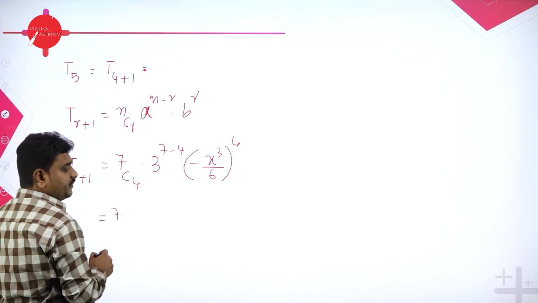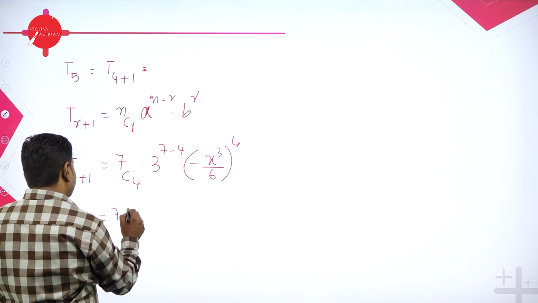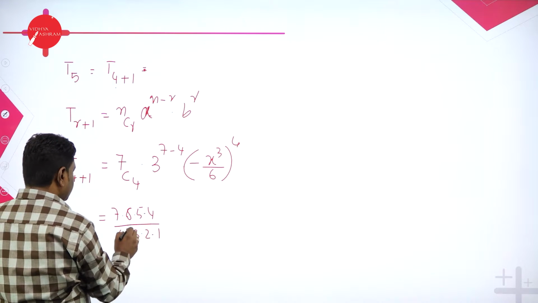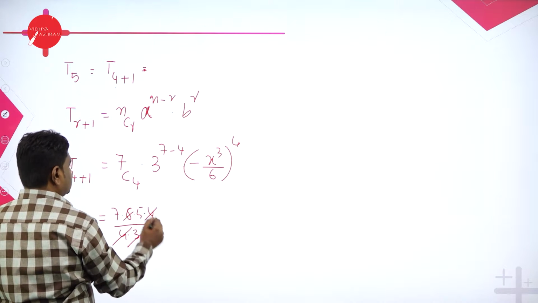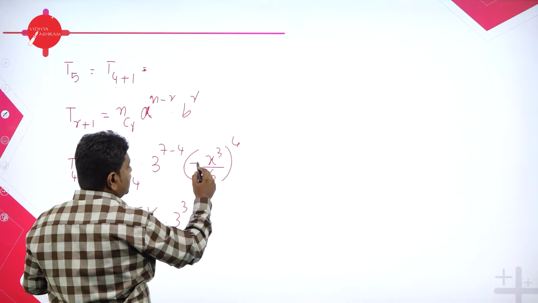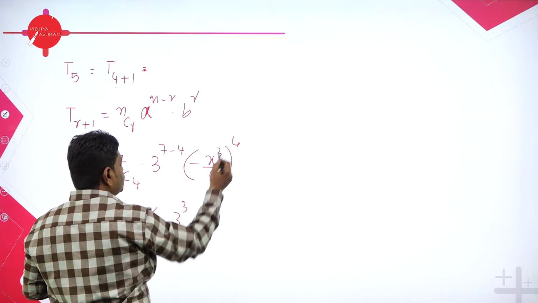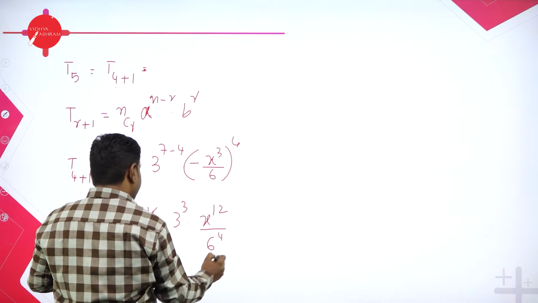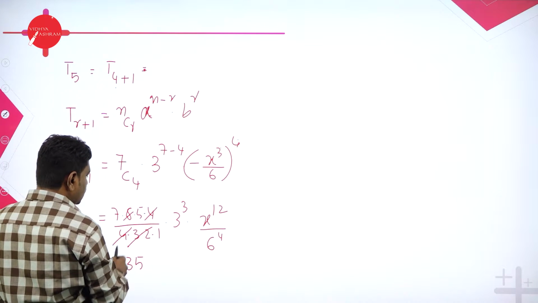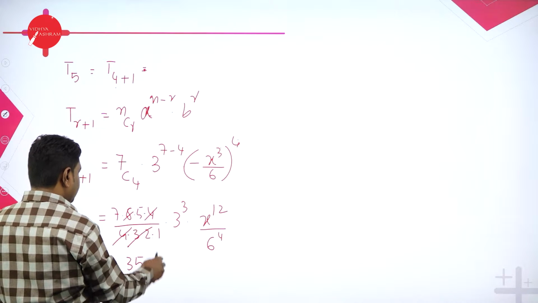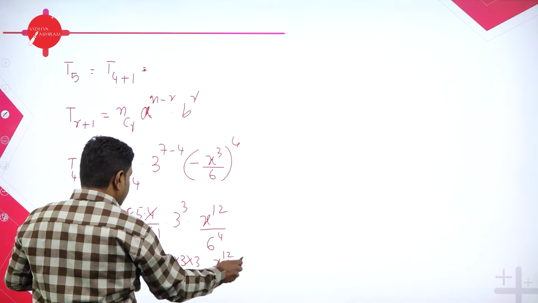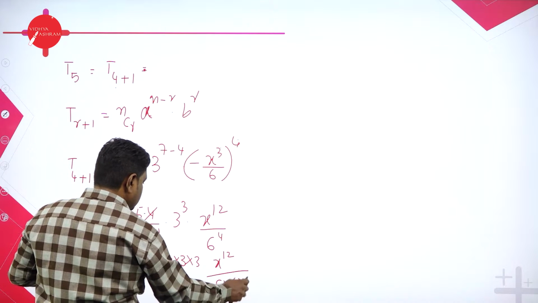7C4 is same as 7C3. So 7 into 6 into 5 into 4 divided by 4 into 3 into 2 into 1. 4, 4 cancels. 3 2s are 6 and 6 cancels. 3 power 7 minus 4 is 3, 3 cube. Minus power even number becomes plus. 3 into 4 is 12, law of indices, divided by 6 power 4. Now you are left out with 7 fives are 35. 4, 4 cancels, 3 2s are 6 and 6 cancels. 35 into we have 3 cube. I'll write 3 into 3 into 3, x power 12 divided by 6 power 4. Can I write it as 6 into 6 into 6 into 6?